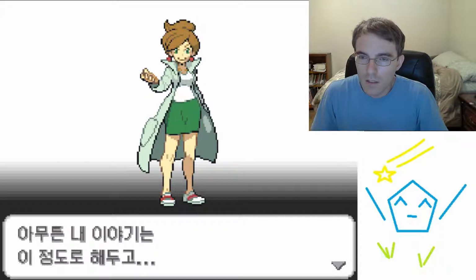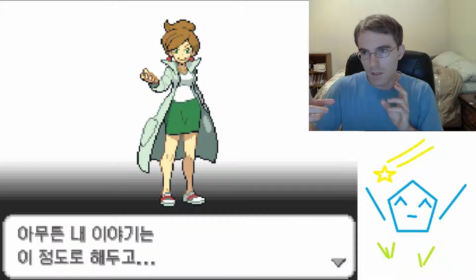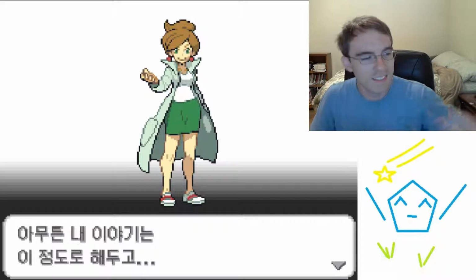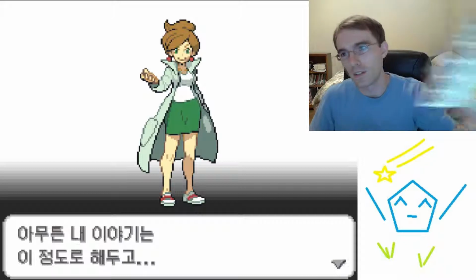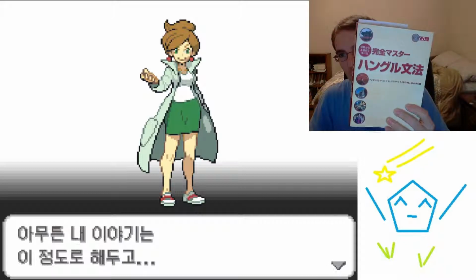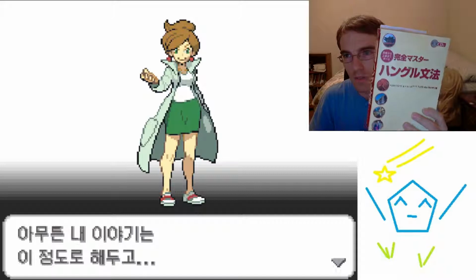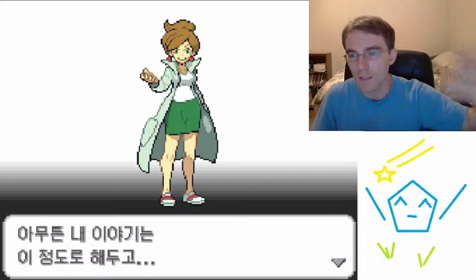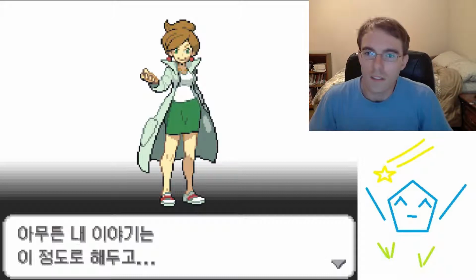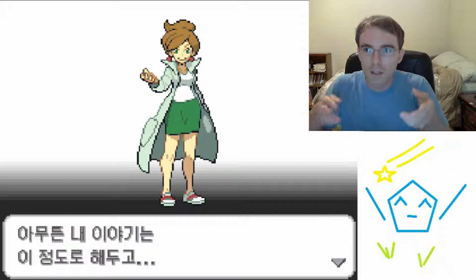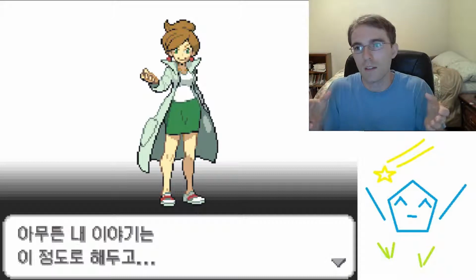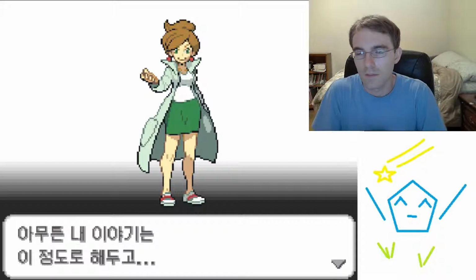As for the difference between 두다 and 놓다, according to this book, this Kanzen Master 한글 문법, 두다 is like you're putting something back where it's supposed to be. You're placing something where it's just supposed to be, basically.